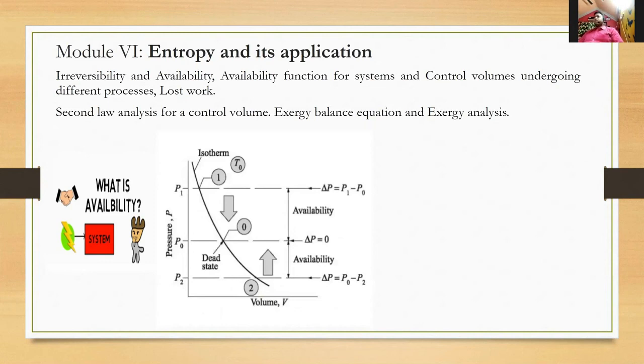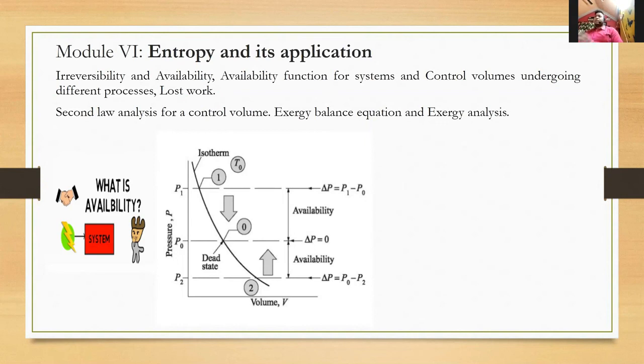In brief, availability is just the useful work that is there in a system, and we need to calculate how much useful work is there at a certain pressure and temperature of a system. It is generally understood that when you come into equilibrium with the surroundings, you are at a dead state and have nothing to do. But when you are far from the environment, in terms of pressure, higher or lower, or temperature, higher or lower, you have some work capacity, and the capacity for work will be higher.